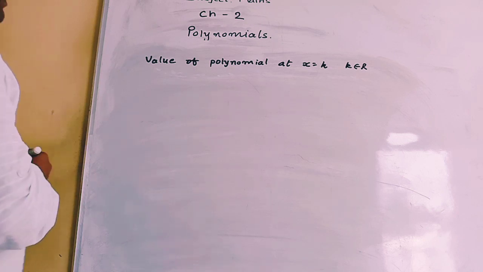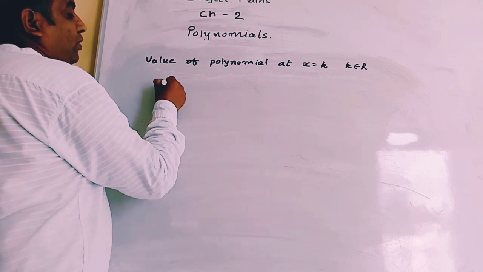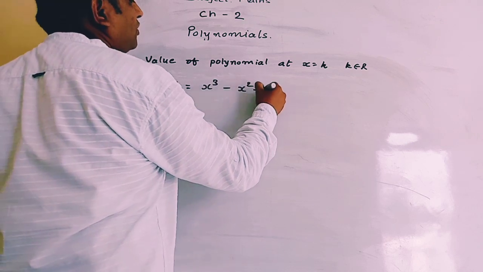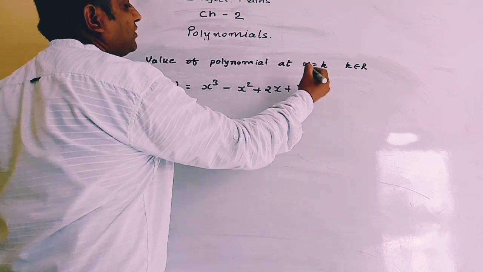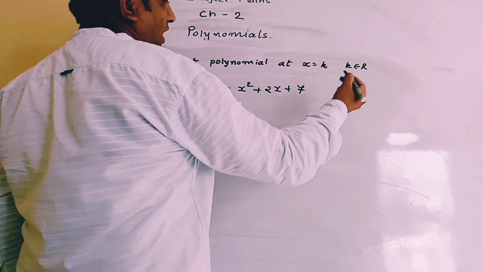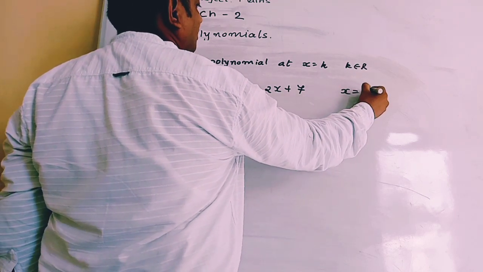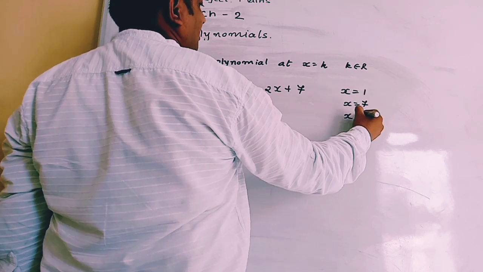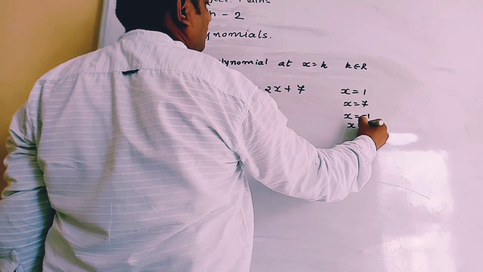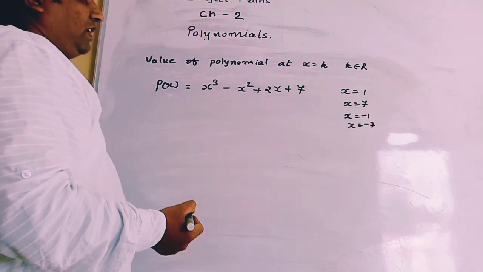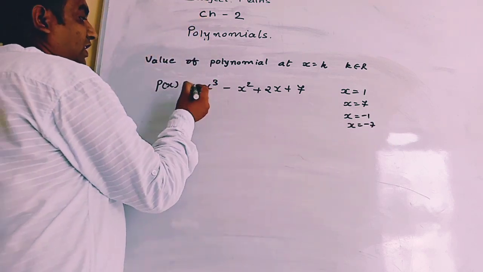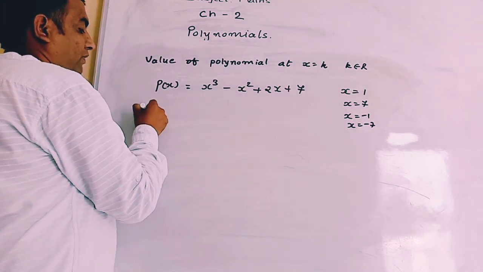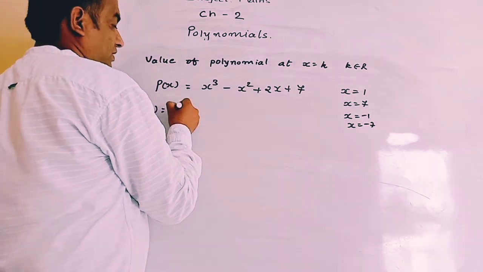Now let's take one more example. If we take the polynomial p(x) equals x cube minus x square plus 2x plus 7, and we find the value at x equals 7, x equals minus 1, x equals minus 7, and we check it. Then x equals 1 we take. Then p(1) means